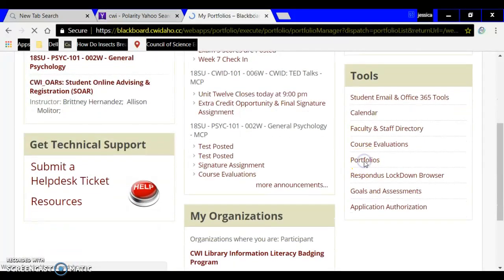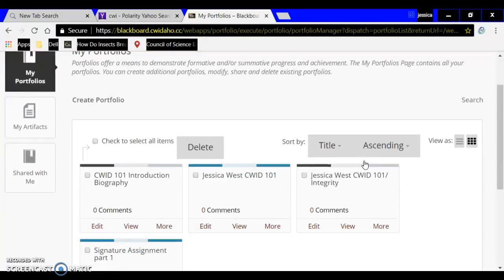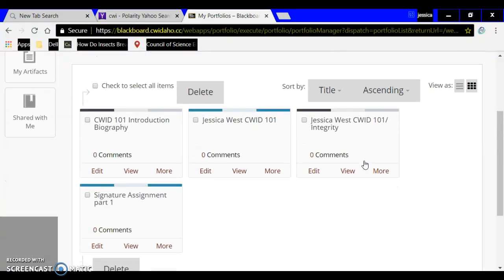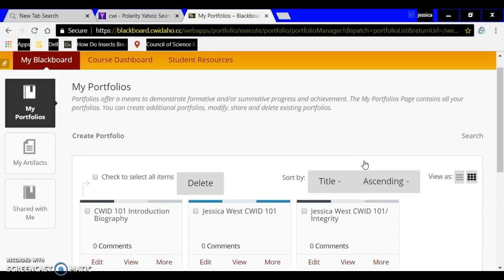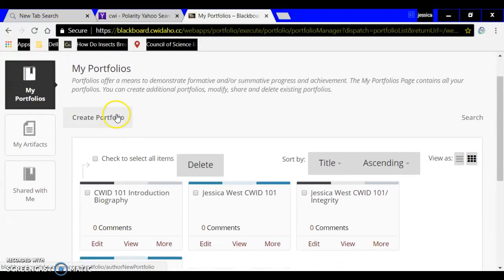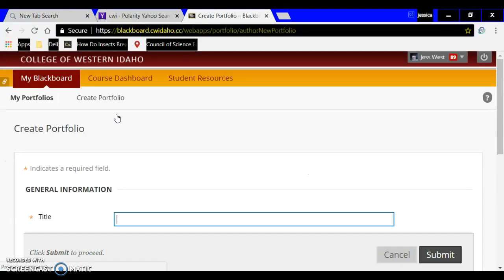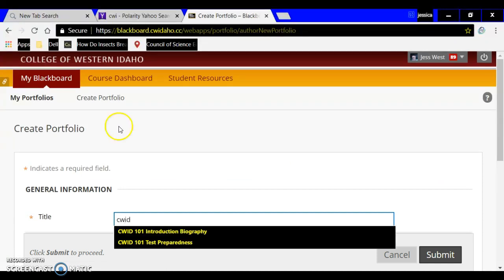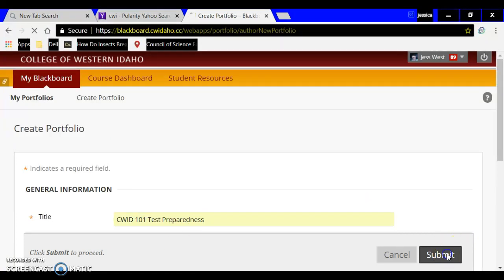And then this one's really important. So this is your portfolios. And here you can see I already have a couple uploaded. But if you go up to create a portfolio, so if you're uploading a new one or a class that you've never done, I'm going to do one, we'll just say CWI, and we'll do test preparedness. When you submit this,